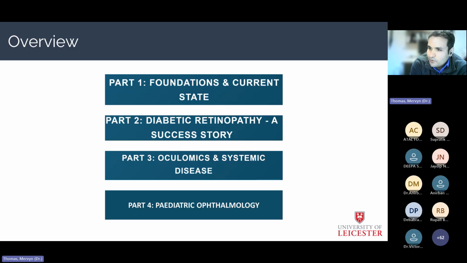I don't know if you've heard this before, and specifically how the eye serves as a non-invasive window into systemic health. And finally, I'll discuss pediatric ophthalmology, which is children with eye problems, where imaging and AI face unique challenges, but also have unique potential. So I'll try and cover all of this as part of today's talk, and hopefully I won't take the entire